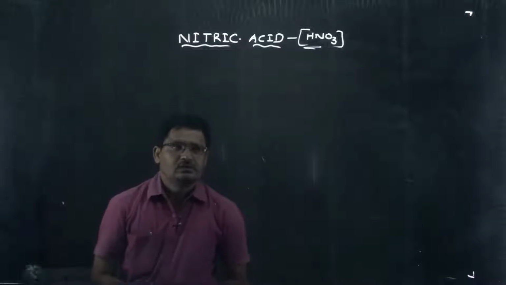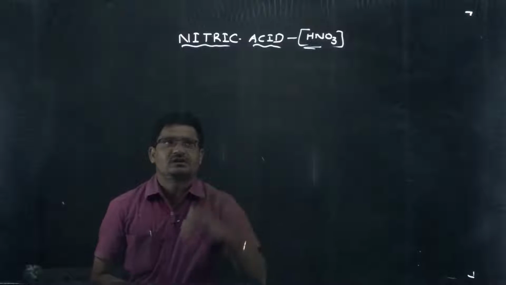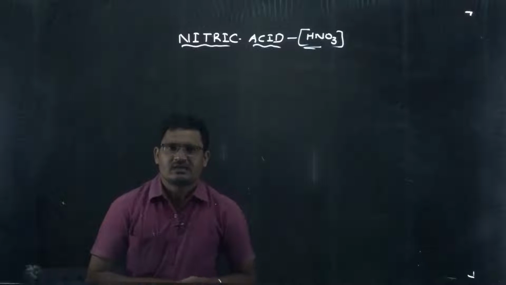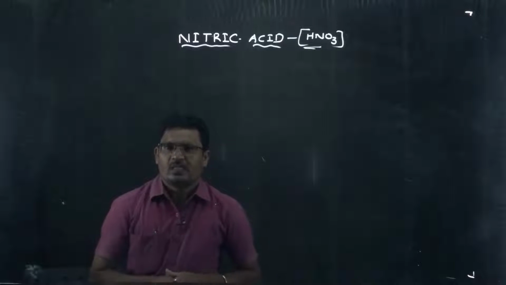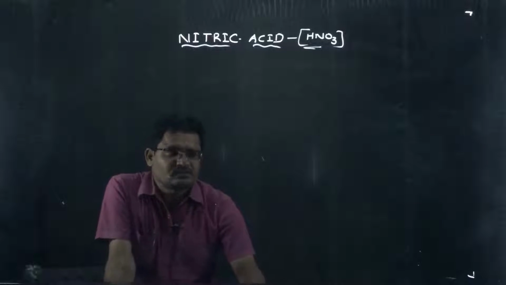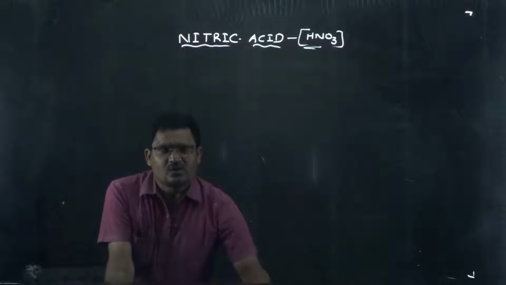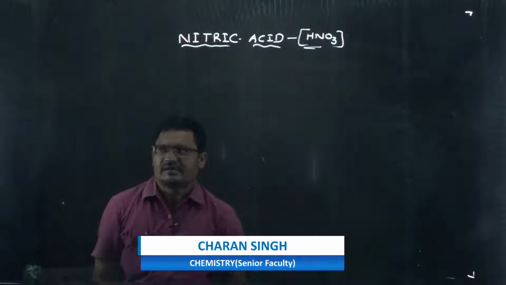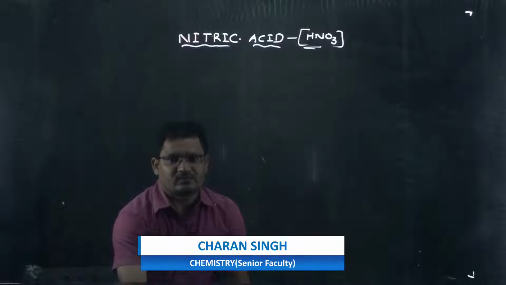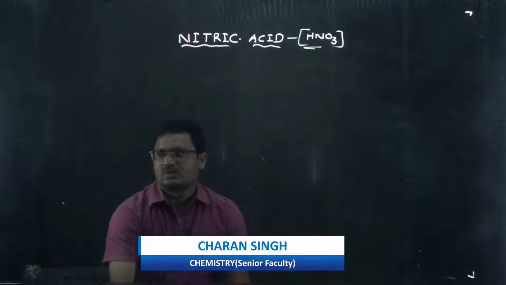Then today we discuss nitric acid. The nitric acid formula is HNO3. How to prepare nitric acid? What are the chemical properties of nitric acid? Today we discuss nitric acid, which can be prepared by two processes, that is one, the Ostwald process, and